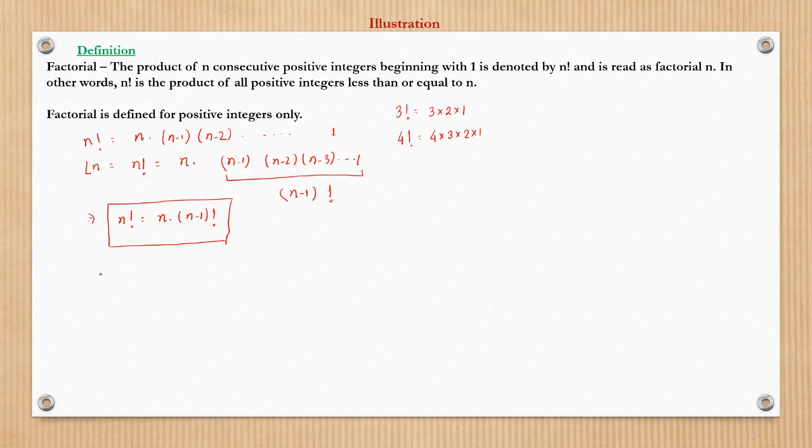So, for example, if I have to calculate 5 factorial, what would it be? 5 into 4 into 3 into 2 into 1, which is nothing but 5 fours are 20, 20 threes are 60, into 2 is 120. Can I not write this as 5 into 4 factorial, because this part would be nothing but 4 factorial, right? And 4 factorial we know is 4 into 3 into 2, which is equal to 24. So this is nothing but 5 into 24, which is 120. So, very basics of factorials, a different way of representation of a factorial.